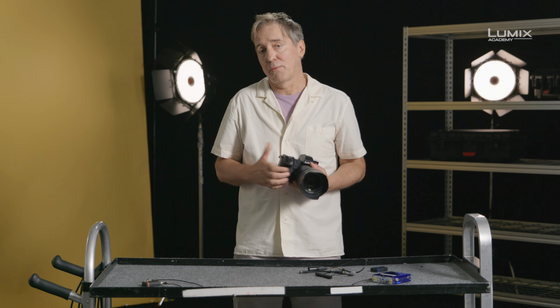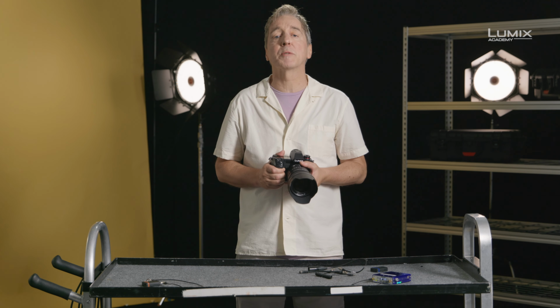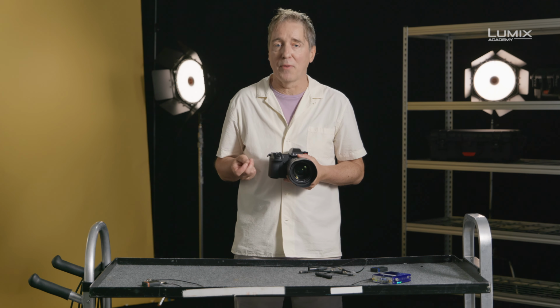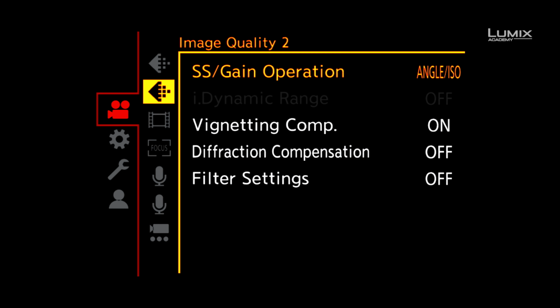When setting up timecode, you'll need to choose a timecode frame rate which will determine how many frames per second are counted. And it's important to note that the timecode frame rate must be the same as the project frame rate of the video you're recording in. For example, if you're recording 25 frames per second, make sure your timecode frame rate is also set to 25 frames per second.